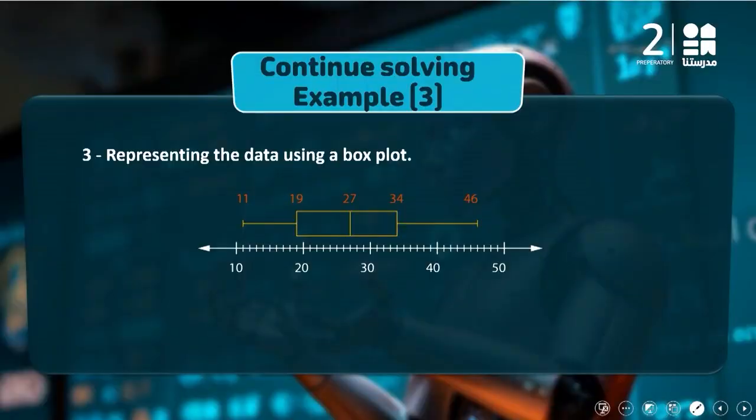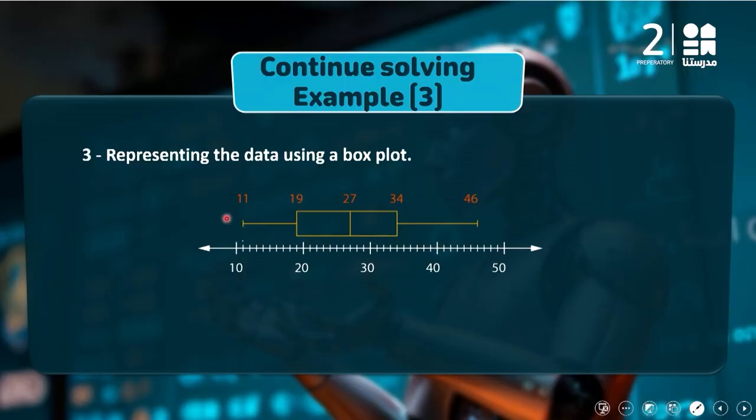In question number 3, he asked me to represent this data using a box plot. This is the box plot, and I have 5 important pieces of information from it. The minimum value is 11, the maximum value is 46, the median is 27, the first quartile is 19, and the third quartile is 34. So in a box plot we have 5 important pieces of information: minimum value, maximum value, the median,